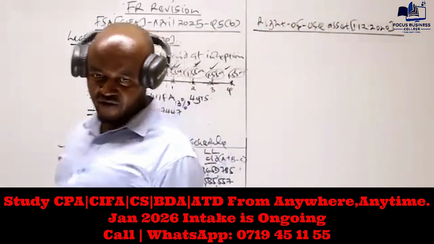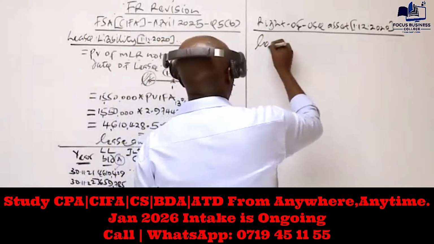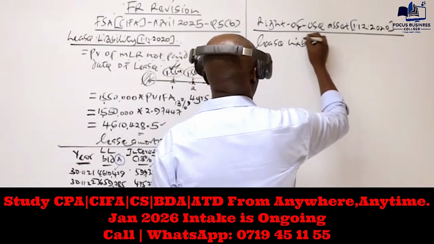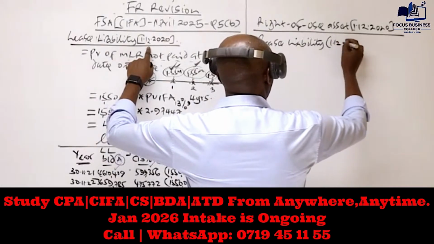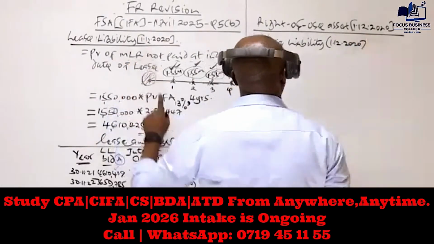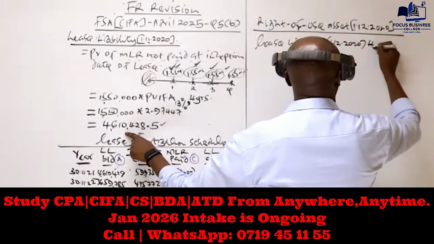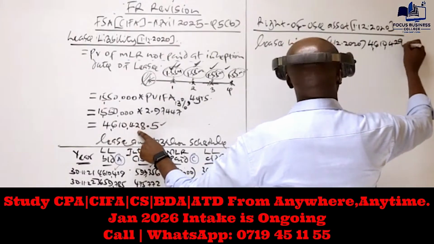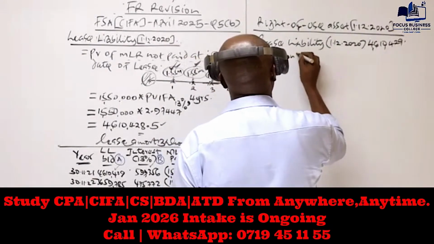Now to compute the right of use asset, we said we add three values. Number one, we take the lease liability at the inception date, which is 1st December 2020. The lease liability at the inception date is what you have computed here, 4610,429. To this we said we add any payment made